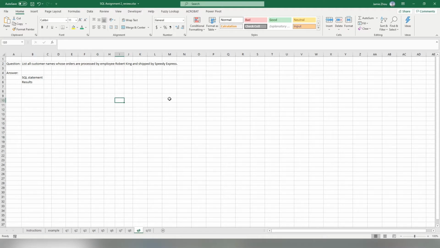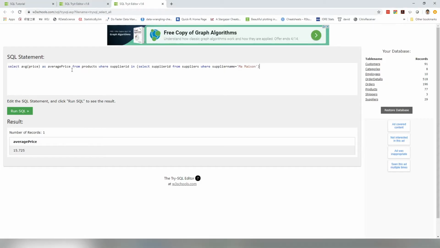So once we have this, we are ready to construct our SQL statement. So let's do it together. First we need to join all the necessary tables together. There are three tables we identified: customer table, employee table, and the shipper table. So we try to join the customer